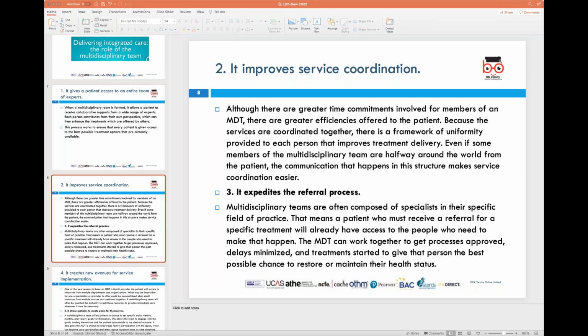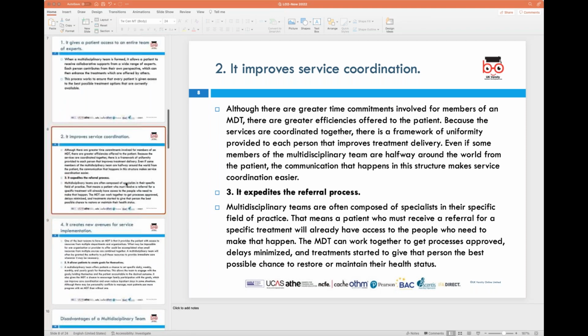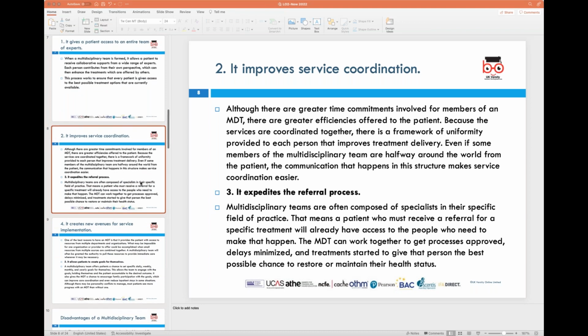So when we talk about this particular approach, it looks at providing improved coordination because of the accessibility of the team working to deliver this service to a particular patient. Now, sometimes you also see that one of the advantages, or strengths, is that it expedites the referral process. Imagine if the GP surgeries were working differently or not connected with some sort of central medical database or records that we have in the National